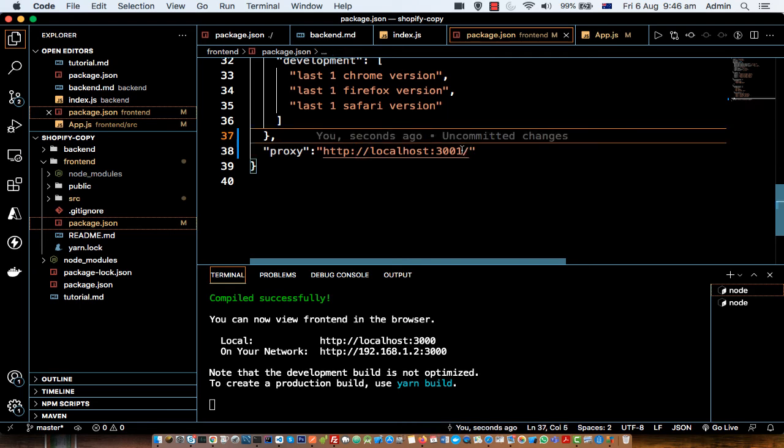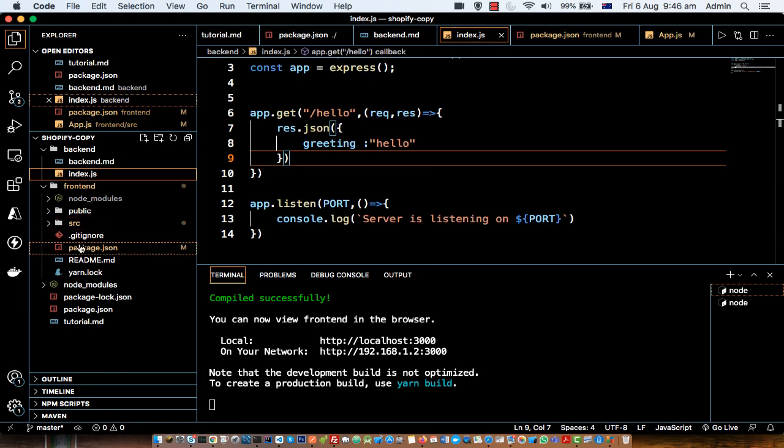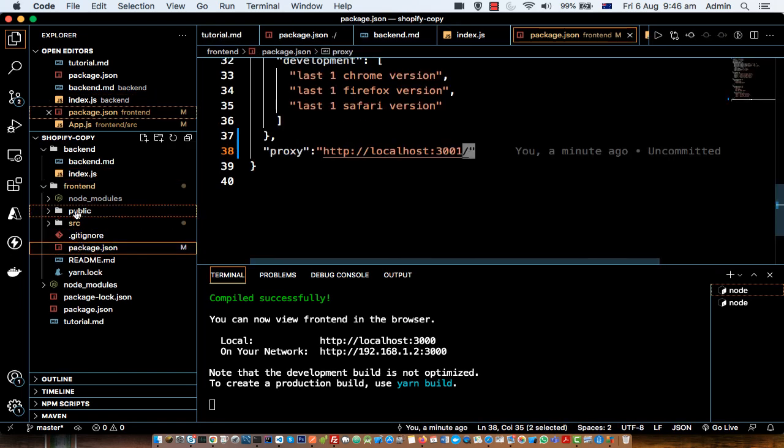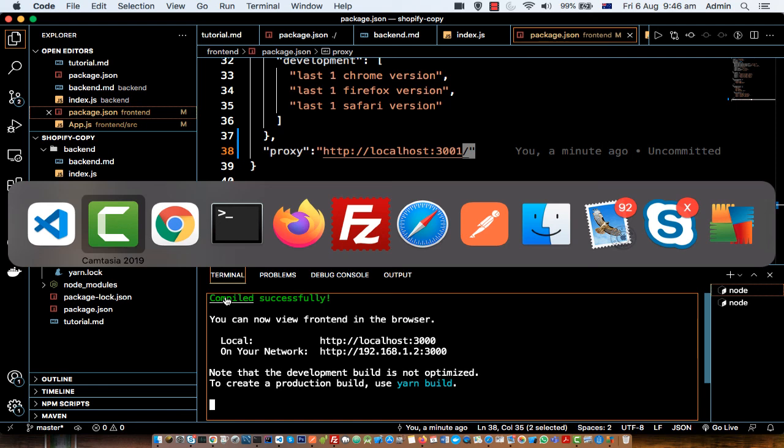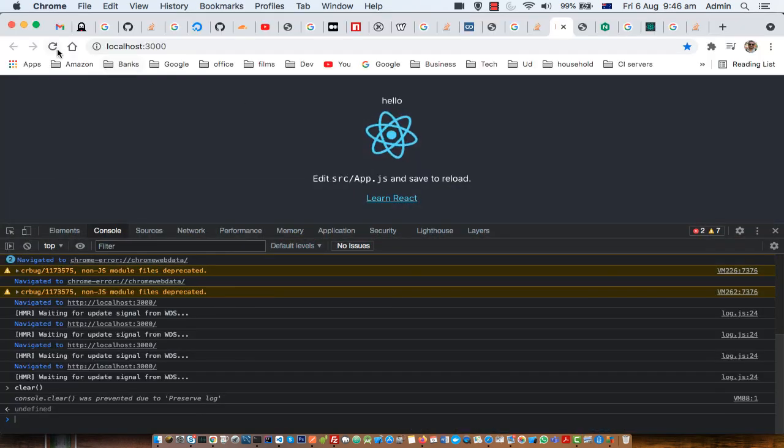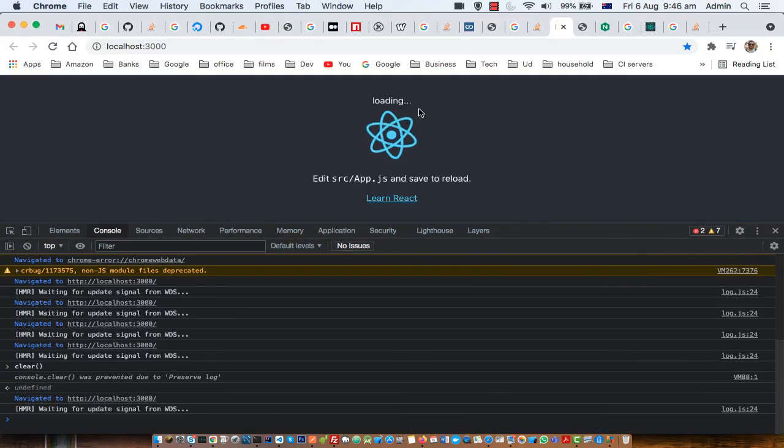So you need to put that slash there. Another problem that I faced was that you need to make sure the backend is running on the port before running the front end. If both servers are running properly, then you go to the front end, just load it, and it will show a loading icon or text, and then when the response comes,